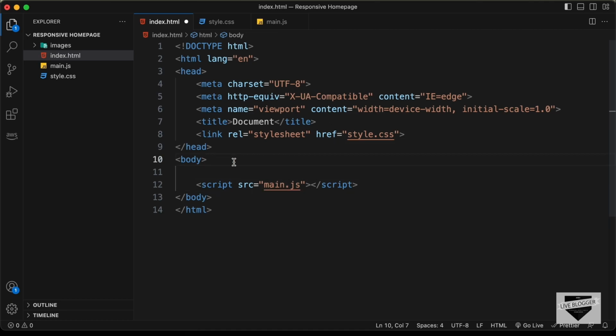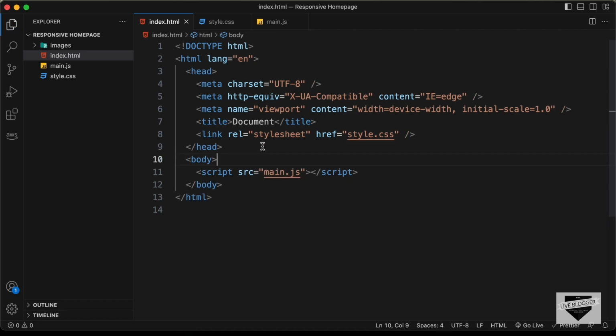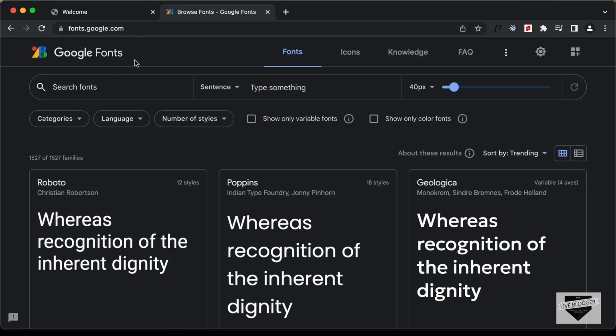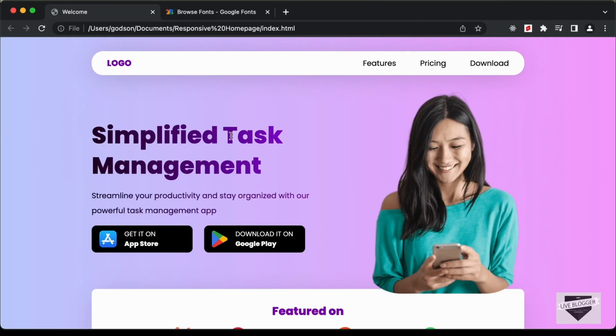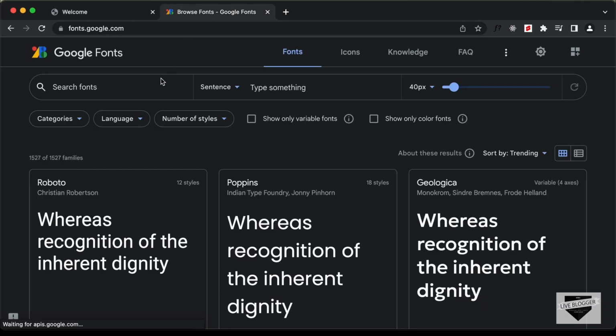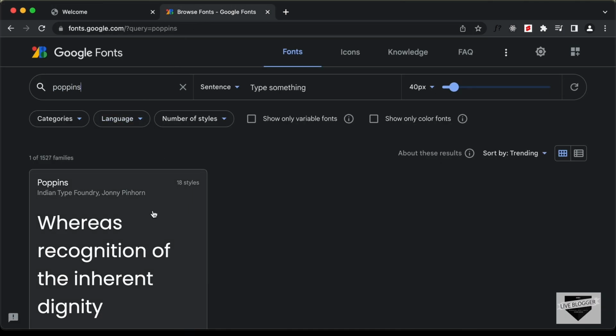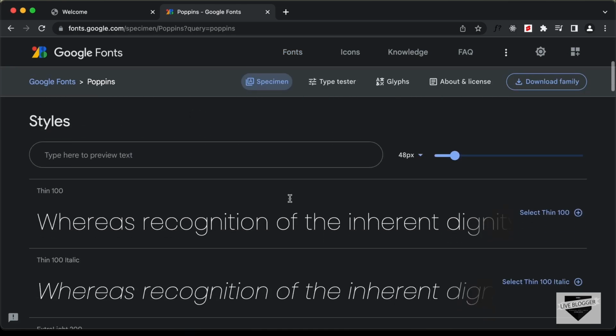And before starting with the markup of our design, let's go ahead and import the fonts that we need. So we're going to get the links of the fonts from Google Fonts. Right, here I'm in fonts.google.com, and the font that we need is called Poppins. So we need to have the bold version and also the regular version. So let's go over here and let's search for Poppins, and let's click on this font, and let's scroll down